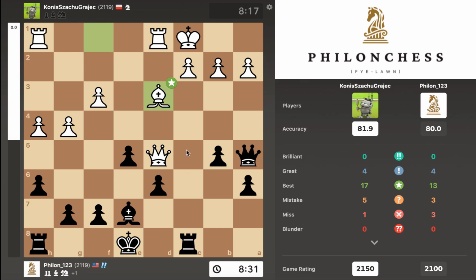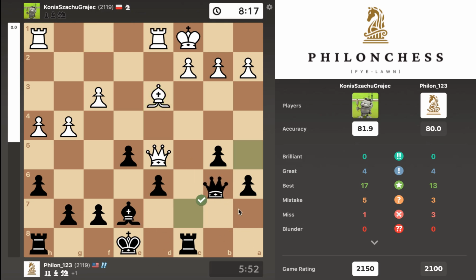Engine seems to suggest rook c5. I didn't really want to allow queen a8 check and then have to go back to d8 with either my queen or my bishop, but I ended up just going back to c7 just to target this point. Bishop to f5 was played, rook to b8,